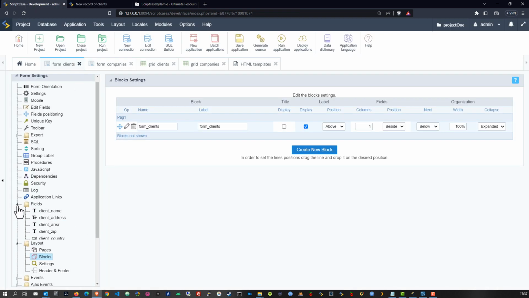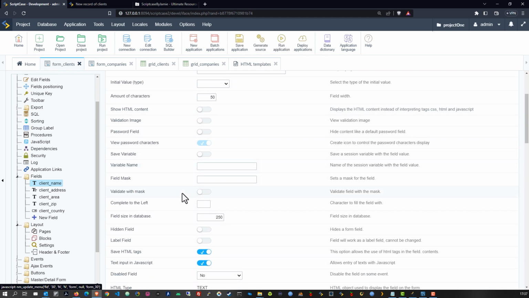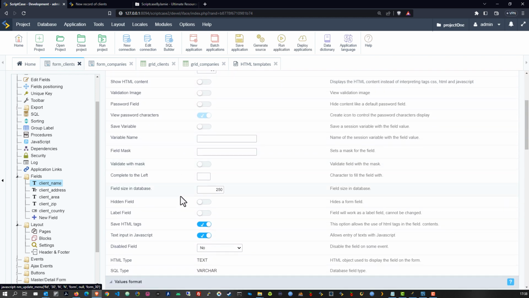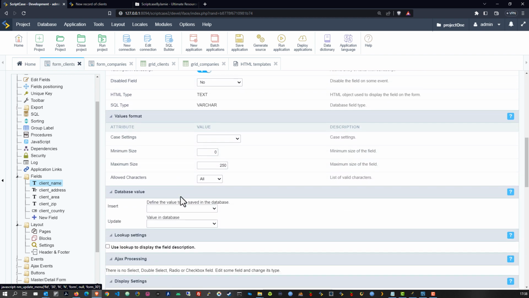So here in my fields, if I come to client name, I have here the option to change how this field works. So at the bottom here, scrolling all the way down, we have here our values format, and I have here case settings, and I want to capitalize the first word. And yeah, let's just leave it here on the name. So if I go run again